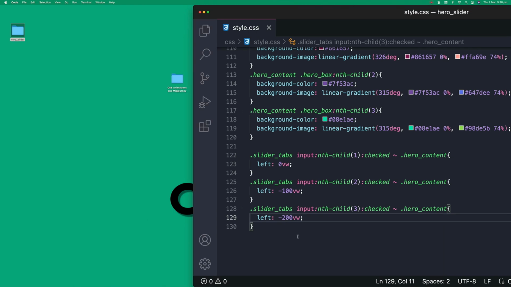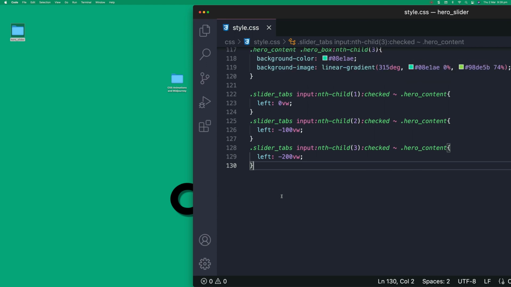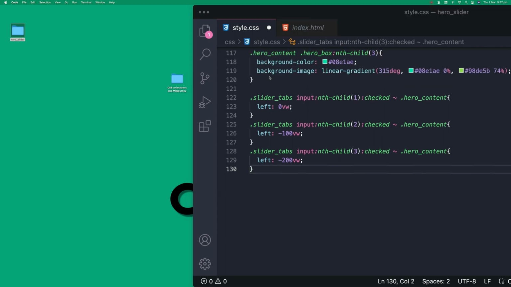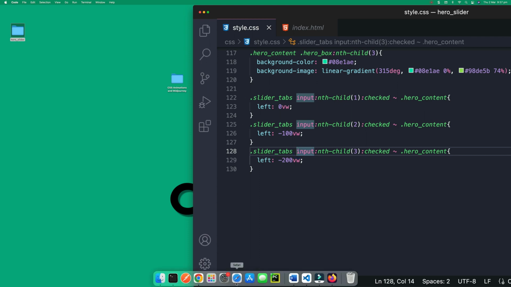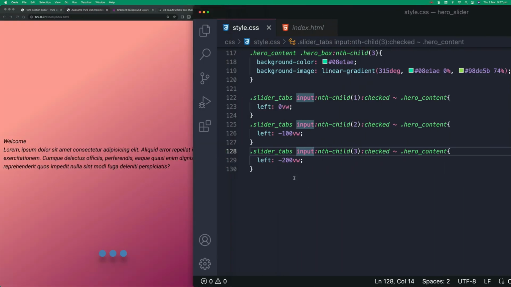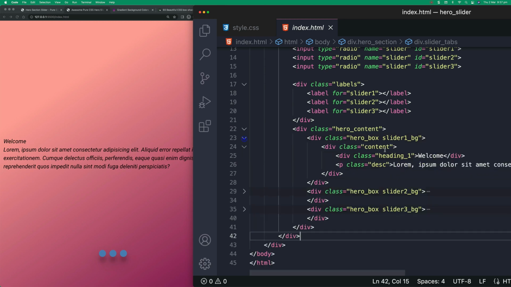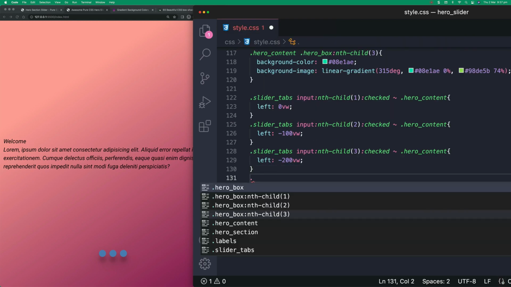Nice. So you can do different types of animation. Now, finally, let's style the content, the heading and the description. So I'm gonna do this very fast. It's nothing complex. Now, all we need to do is to target, let me just open back this one here and make it smaller. So all we need to do is to target this heading 1 and the description, okay? So heading 1,